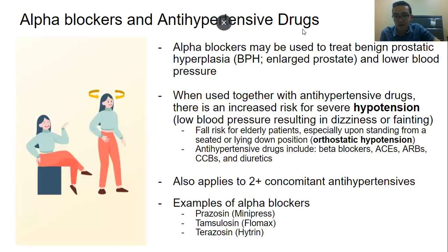Next, we have our alpha blockers and our antihypertensive drugs. So alpha blockers might be used to treat benign prostatic hyperplasia, or BPH, or an enlarged prostate. This, of course, is a non-cancerous enlargement of the prostate that is a pretty normal symptom of aging. But alpha blockers, when used with antihypertensives, which are also quite commonly prescribed to men of a certain age who